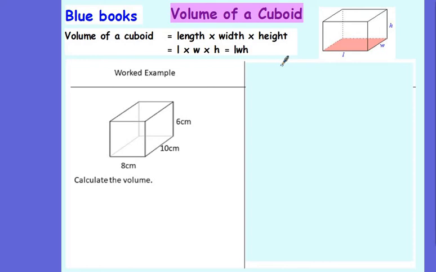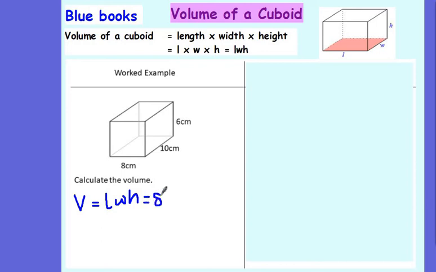So in your dark blue books, can you write for me volume of a cuboid? Underneath, can you write volume of a cuboid is length times width times height, LWH, only this time length, width and height may all be different numbers. When you've got that written down, pens down, eyes on me, I'm going to go through an example, then you're going to do one. So the volume of my cuboid this time is length times width times height,